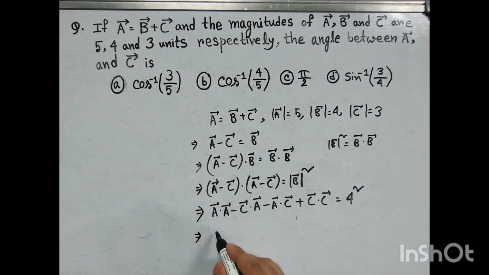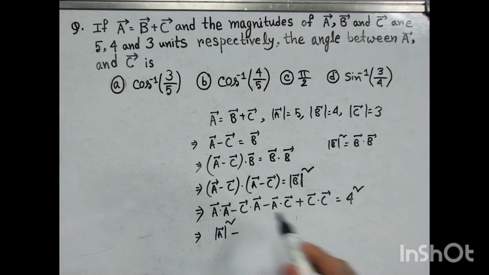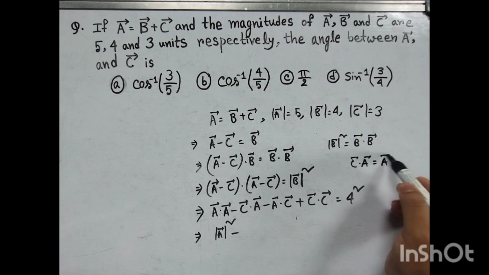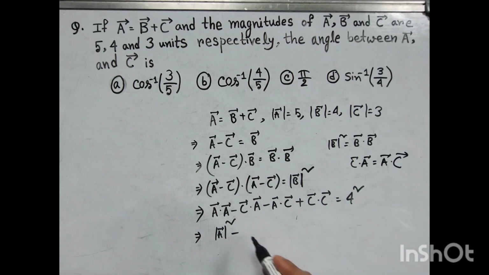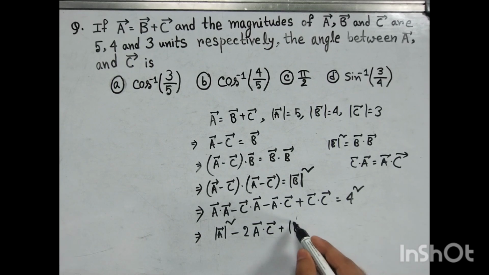Now a vector dot a vector is mod a vector square minus, we know that dot product follows commutative law, so c vector dot a vector is same as a vector dot c vector. So now we can write it here, 2 into a vector dot c vector plus mod c vector square